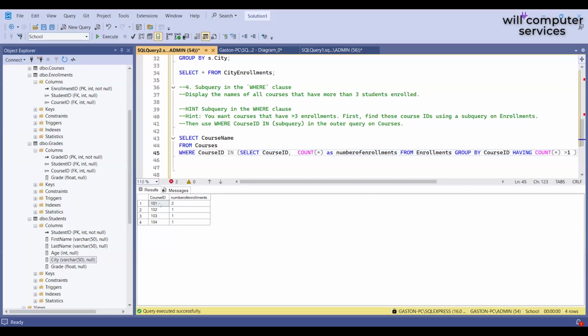Here, the only course that satisfies this condition is 101, right? And now we want the course name associated to 101, right? So if we execute all this